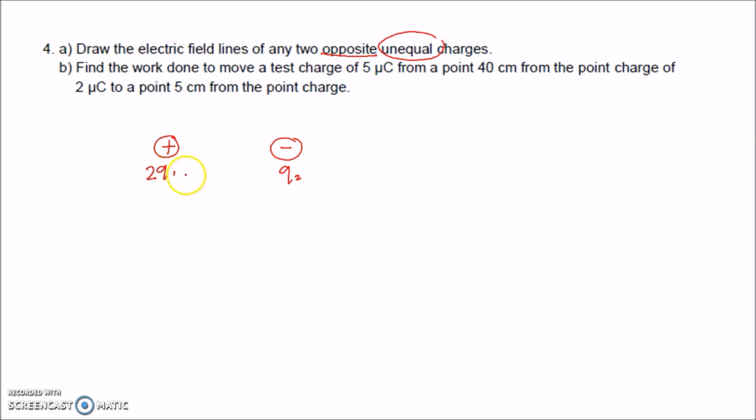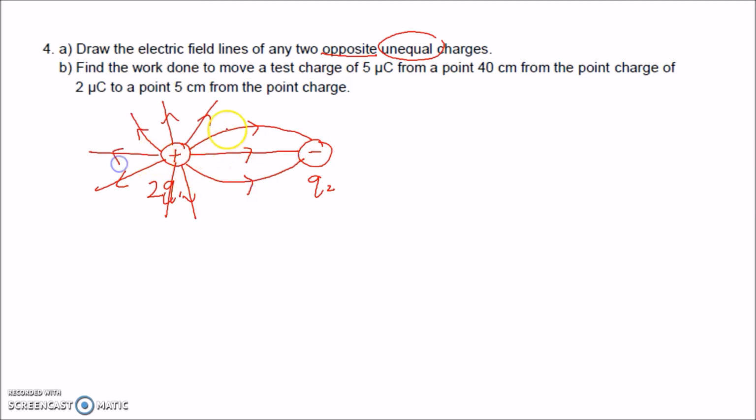Actually, it's up to you, as long as one is positive, one is negative, and one has a different magnitude. So if I choose positive 2Q1, how do we sketch the electric field lines? For the positive charge, the electric field lines will go outwards. So I sketch 10 electric field lines for the positive charge. For the negative charge, I sketch 5 electric field lines, just to show that the positive charge has greater magnitude compared to the negative